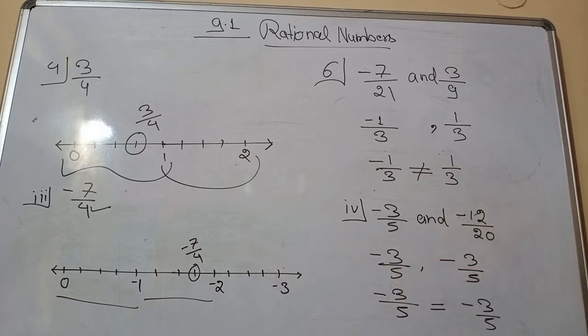Now option number 4. Let us see option number 4. The first term is given minus 3 by 5 and the second term is given minus 12 by 20. So minus 3 by 5. 3 and 5 both do not come in any same table. So we will write it as it is. But 12 and 20, okay, 12 and 20 both come in the table of 4. 4 threes are 12 and 4 fives are 20, and the minus sign along with that. Now here you can see after cancellation both the terms are the same. Minus 3 by 5 and minus 3 by 5. So yes, we can say these two rational numbers are similar to each other. So this is how you can find out whether the given pair of rational numbers is similar or not.